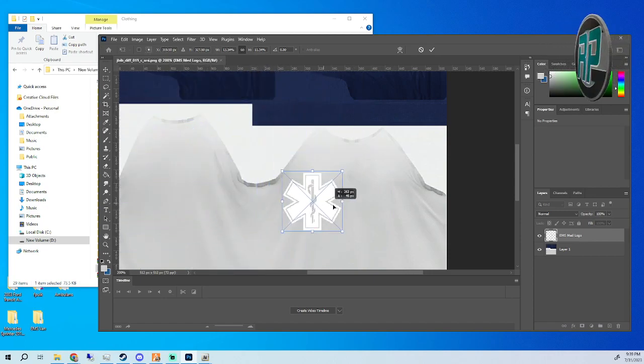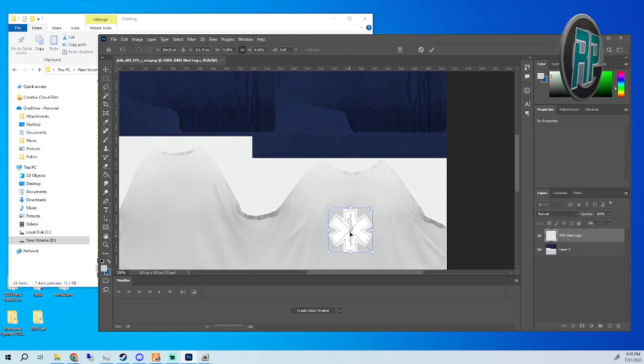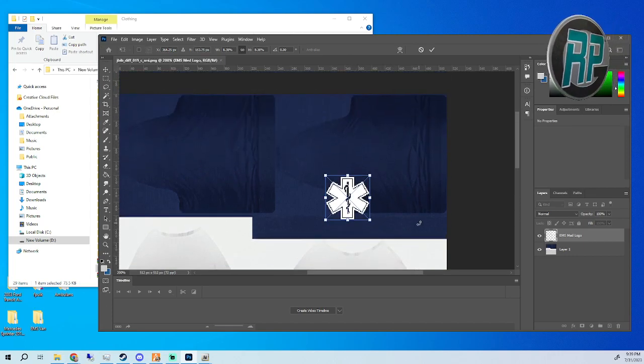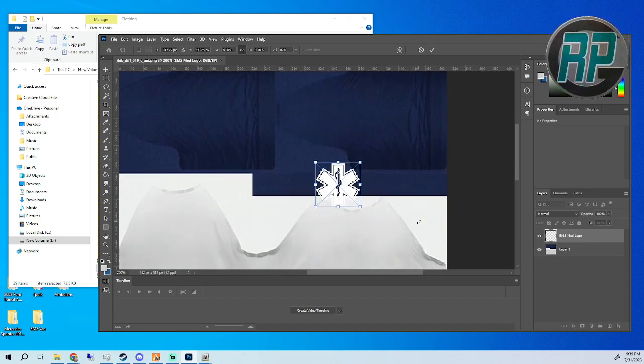Make it small. That's not going to be great right there, but we could always take it over here and put it on the shoulder of the shirt. Or